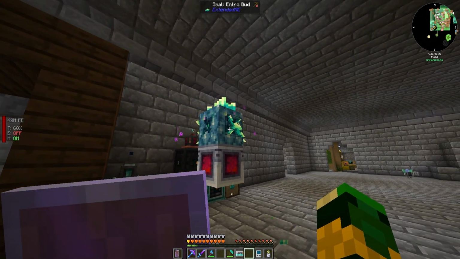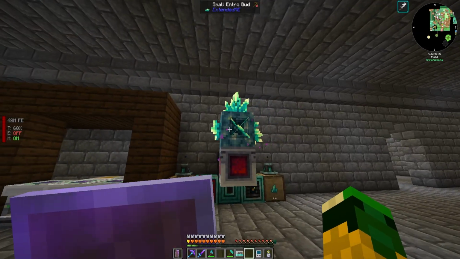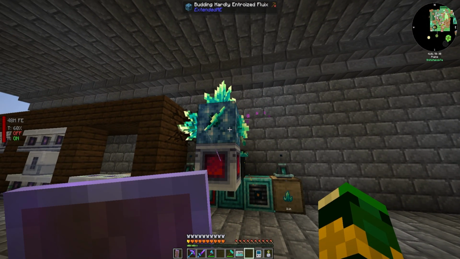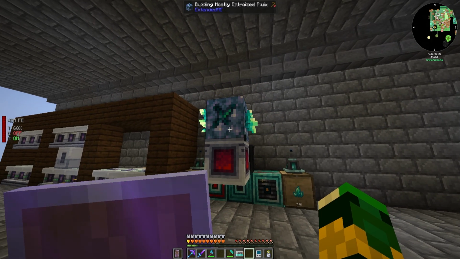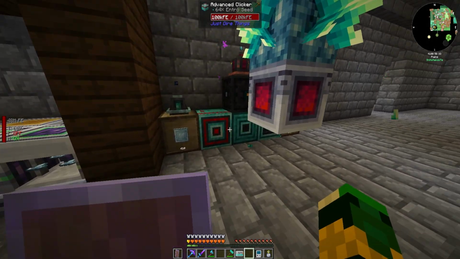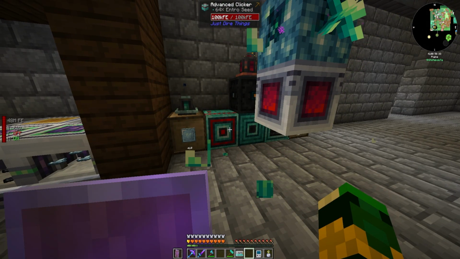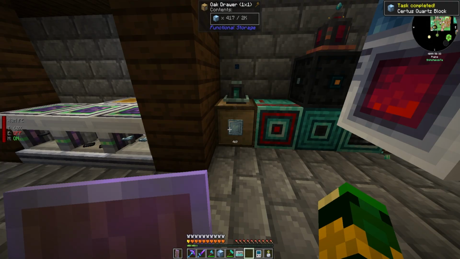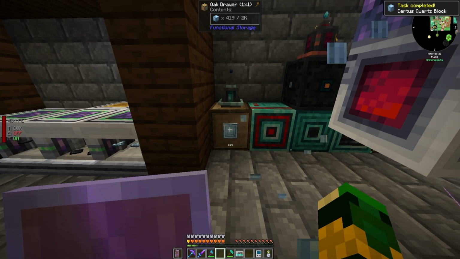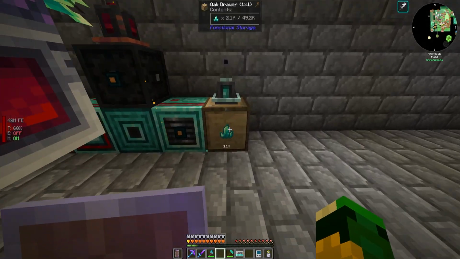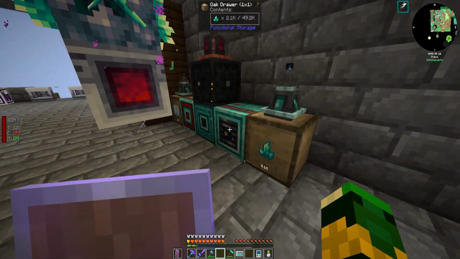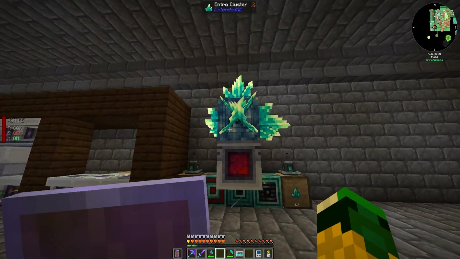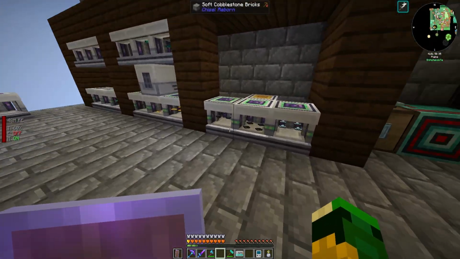So it doesn't harvest the smaller ones. It only harvests the bigger ones. Now, when this thing stops and it's no longer valid right there, see, it breaks it, it places down another one, and then it clicks an intro seed on it to turn it back in. So I'm getting the, what are these things called? The Certus core blocks. Yeah, those are all being stored in there. And this thing can just kick out the intro crystals and drop them off right there. Pretty simple, pretty easy. I was kind of happy with it the way it turned out. So anyways, yeah, I got that done. I couldn't remember if I showed that or not.